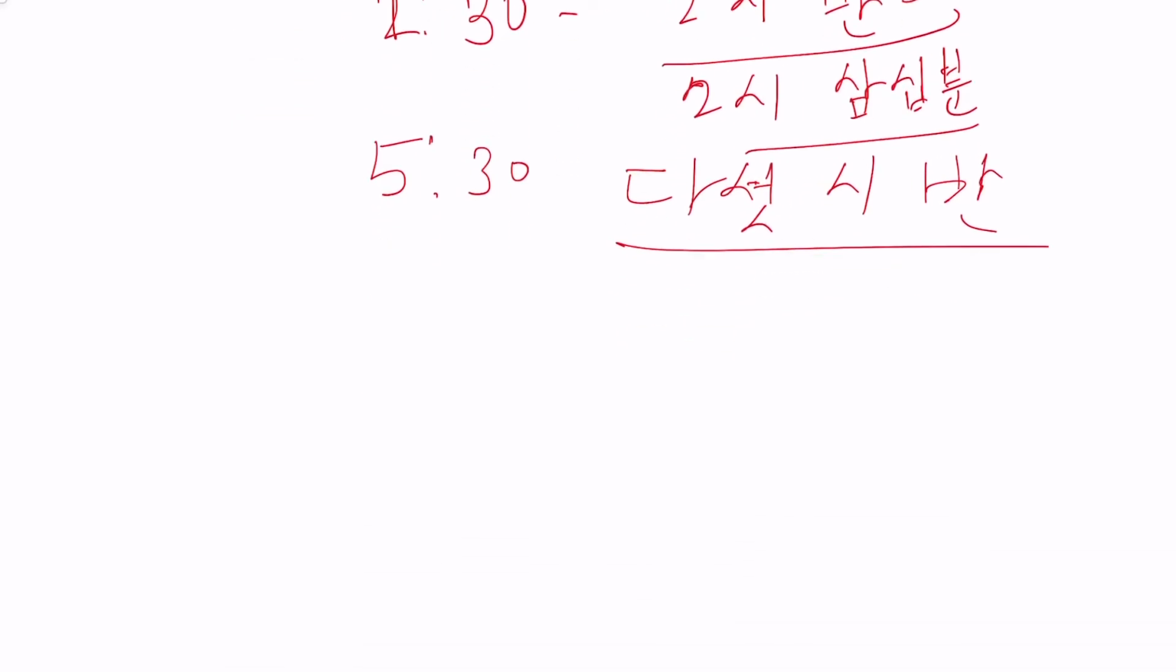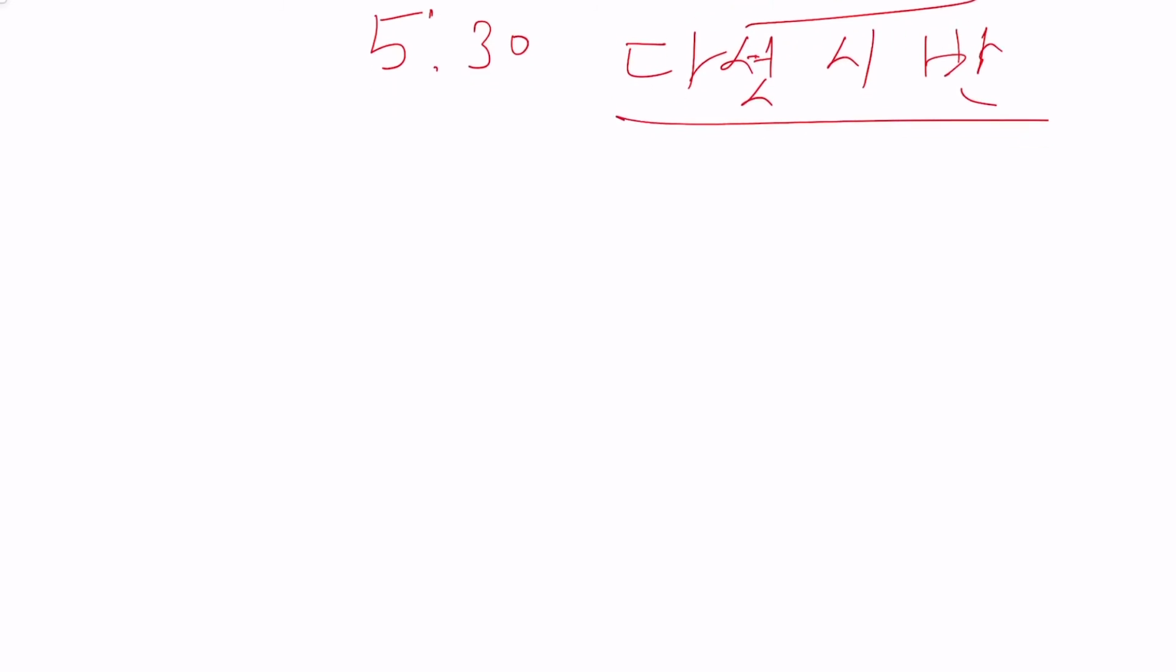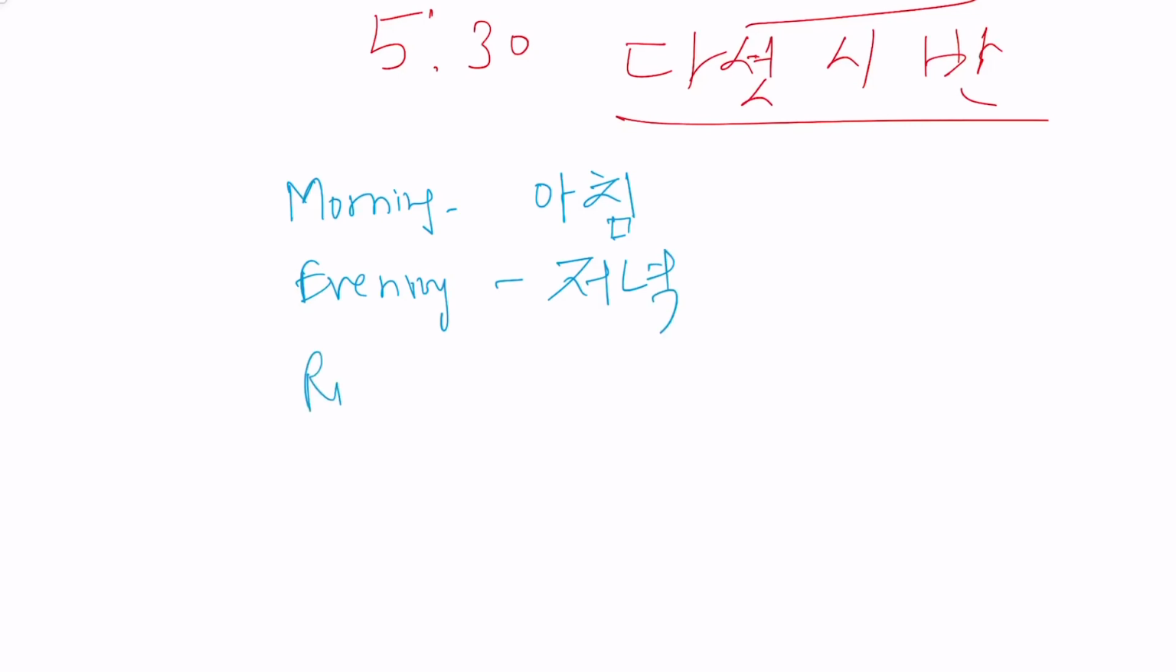Okay, let's quickly see the words for different times of the day. So the morning in Korean is 아침, achim, and evening is jeonyeok, night is bam,